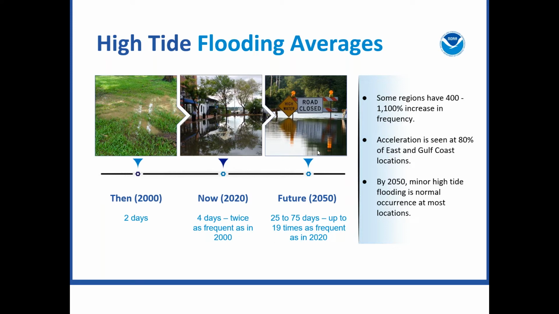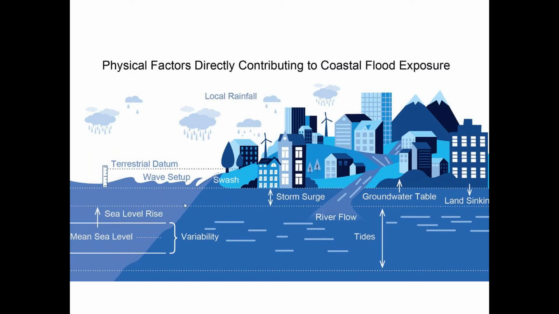This is like when there's no storm going on, just high tide is starting to flood streets, coming up through the storm drains, because much of the stormwater systems are connected to the ocean through tidal inlets, and they don't have backflow preventers, and they will start to flood things. And so all these things that we have going on now are current hazards: storm surge, we have issues with groundwater, riverine flow, the things that we're going to continue to deal with. Sea level is going to just add to the problem. It's going to be an over time exacerbation of the existing issues we already see.